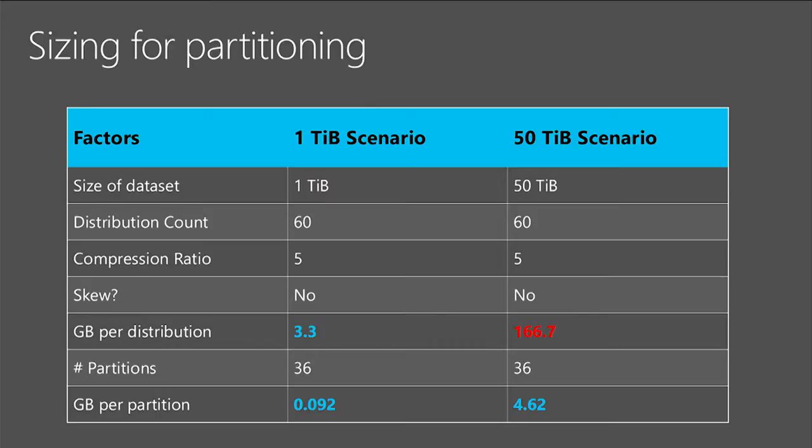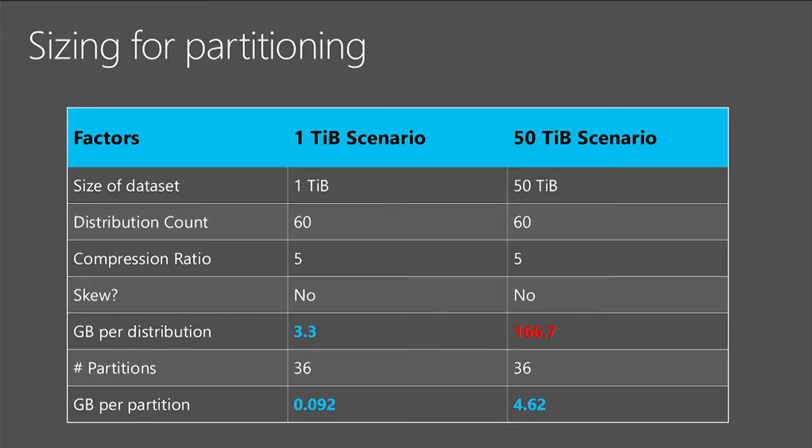Now, if we then go ahead and partition that, 3.3 gig is then going to be split into those partitions. Now, imagine that your data had been partitioned by month over 3 years. That's 36 partitions. So we would get down to this very small number here at the bottom,